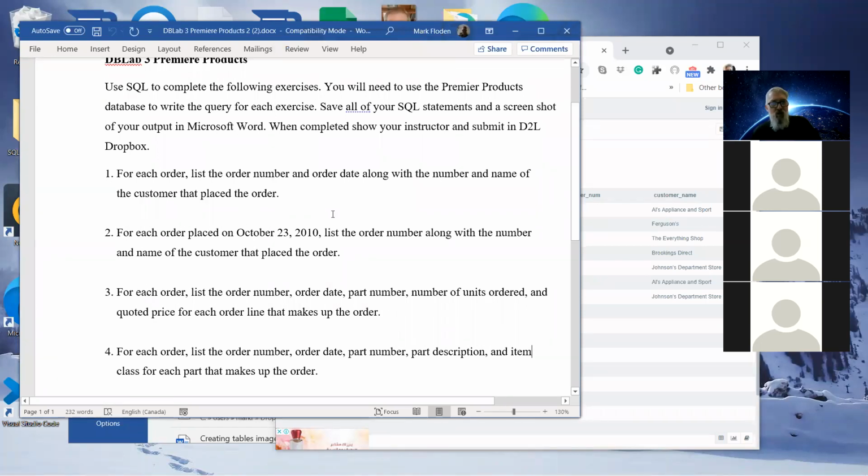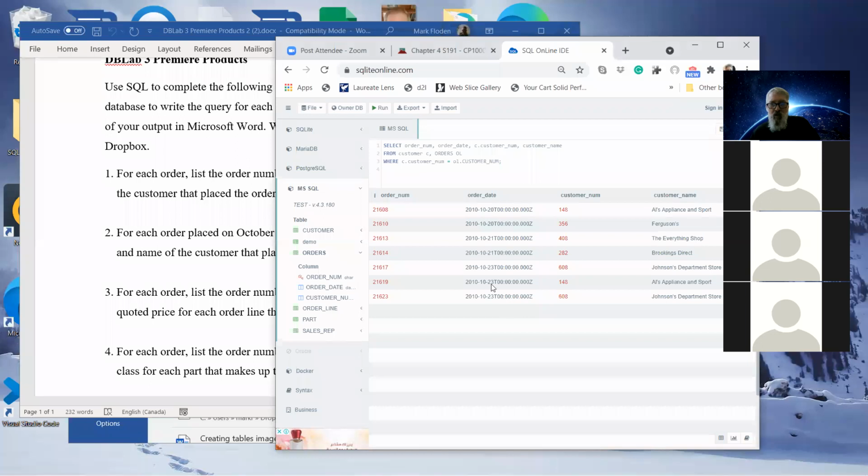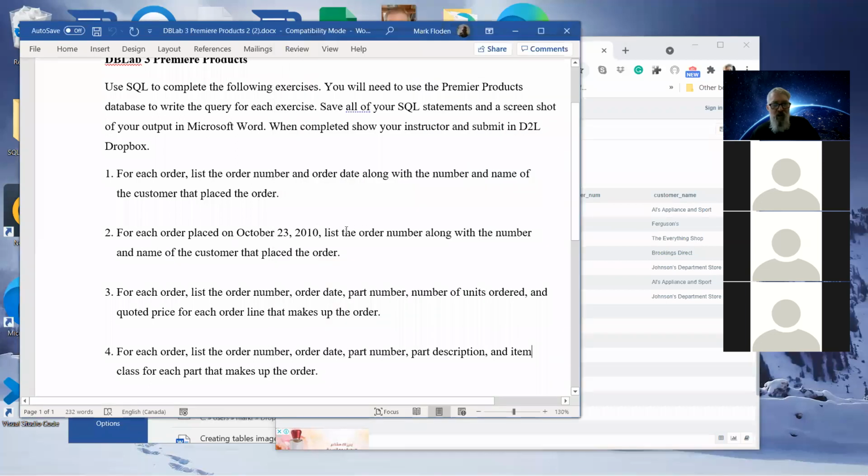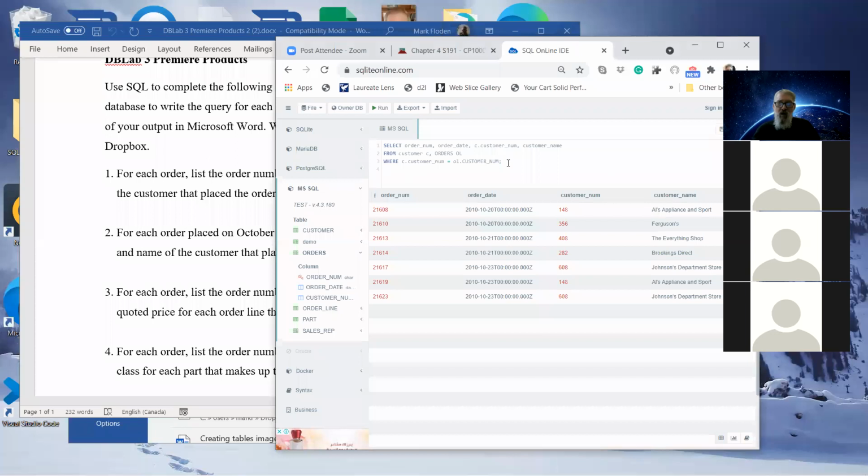For each order placed, oh, we were supposed to get the date. Did we get the date on that? Yeah, we did. All right, for each order placed on that date, this is the order number along with the number and the name of the customer. So it's the same query, but we've added, so that was number one. Number two is this thing here, where it's the same as above, but the other thing that we do is we specify the date